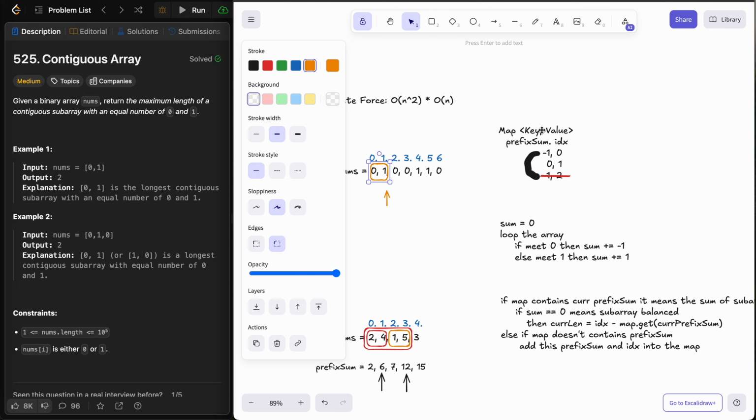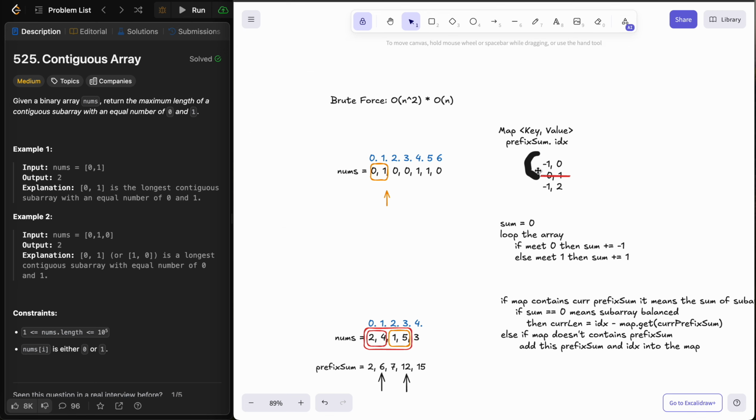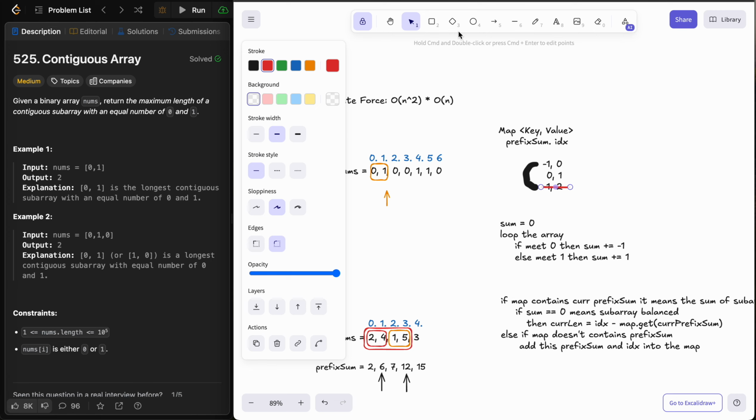But when we check the map, how can we tell this? We don't know that. So it means that we definitely have to add one more PrefixSum,